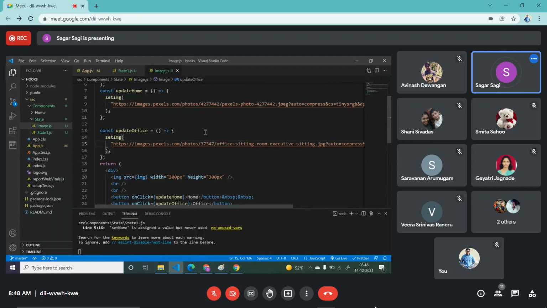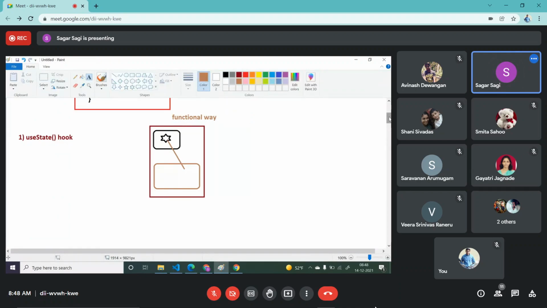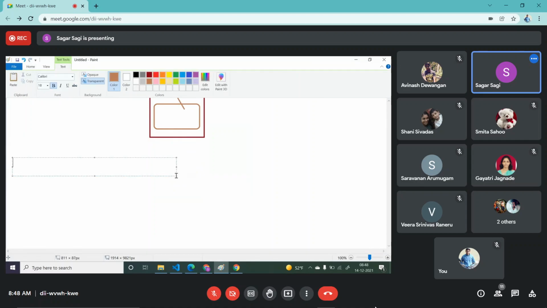Yeah. So the next hook we are going to try to understand is useEffect. So useEffect hook is used to handle the life cycle methods.